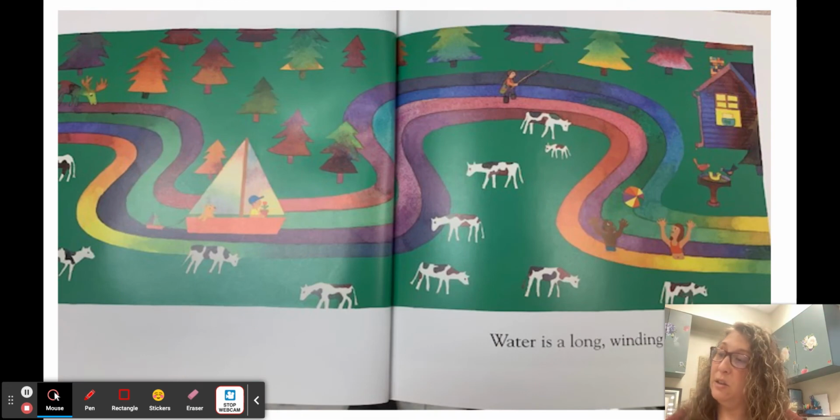Why, water is a long and winding, what do we have here? River... dot, dot, dot, that means something's coming. And here it is winding, winding, winding. And it looks like it's going past a pasture, maybe with the cows. People are playing in the water. That's interesting. And fishing in the water and going in the boat in the water. And I see birds eating from a bird feeder, or are they drinking from that bird feeder? Maybe there's water in the bird feeder there, that bird bath.